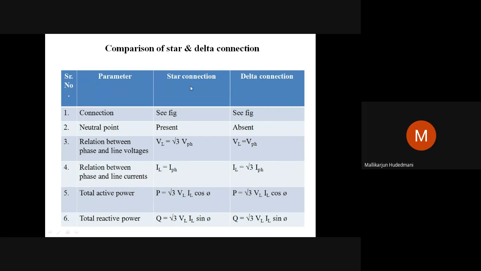Star connection is called a three-phase 4-wire connection. Delta is called three-phase 3-wire. Generally, bulk transmission of power takes place by star-delta connection. Distribution takes place by star connection. It's because I require single phase voltage from the existing three phase. Hence, phase and line voltages are different, and so star is necessary at the distribution. This is about the basics of three-phase star and delta and measurement of power.